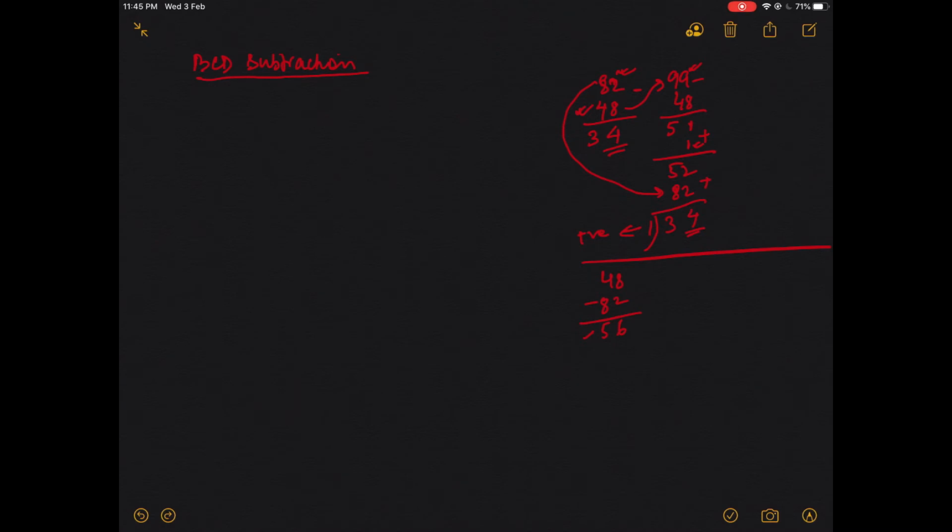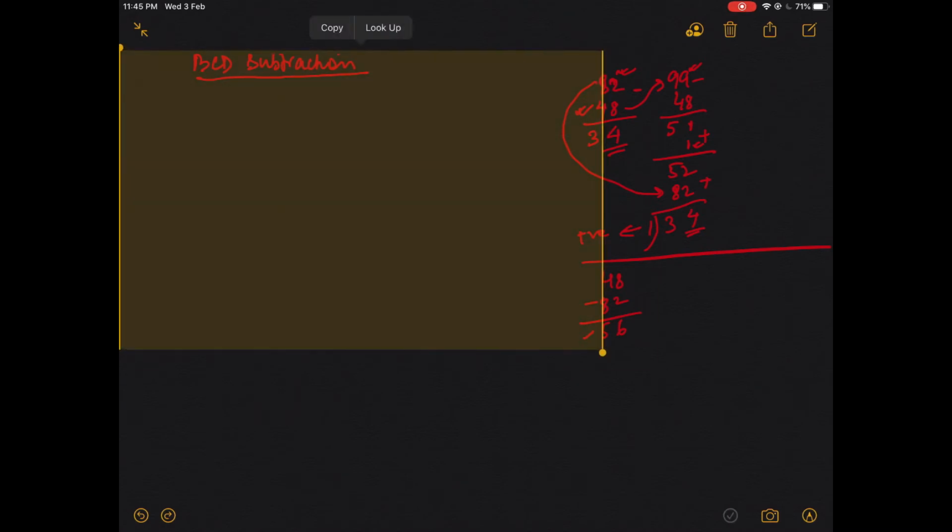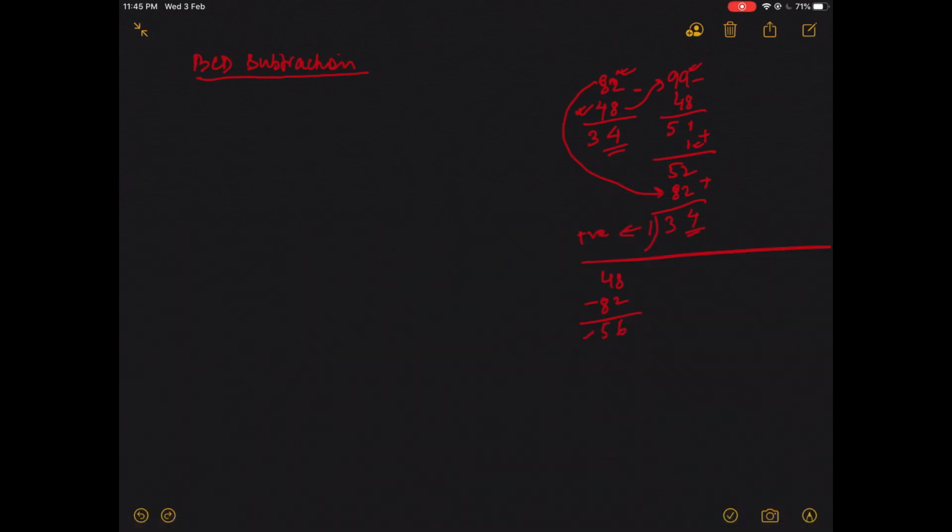For now, we'll do the same procedure, where I take the hundreds complement of the second number by subtracting from 99 and then adding 1 to the result. Then the result is added to the first number. So I'll get 66, and 66 is nowhere near the result. Remember, we don't have a carry here. So when we don't have a carry, it means that your result is negative. We'll keep that in mind as a deciding factor whether the answer is negative or positive.